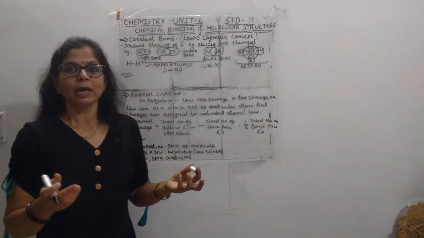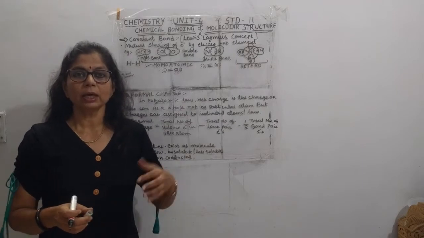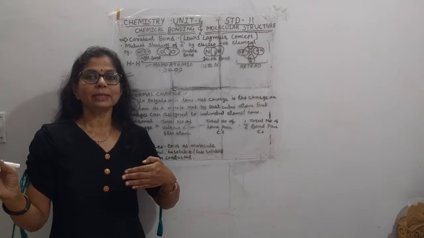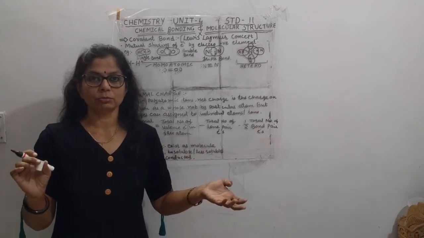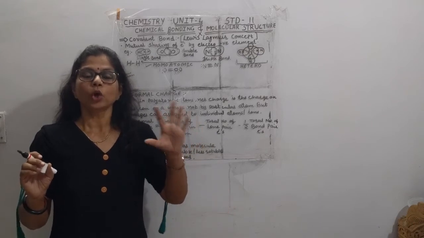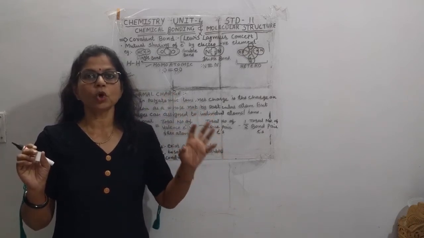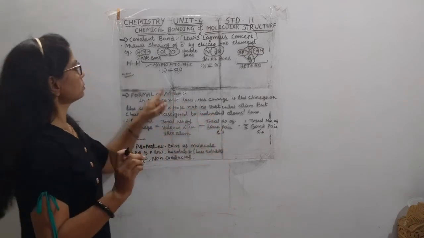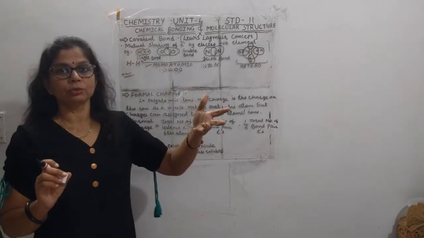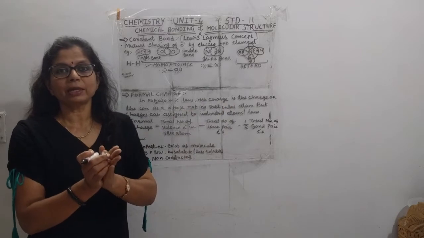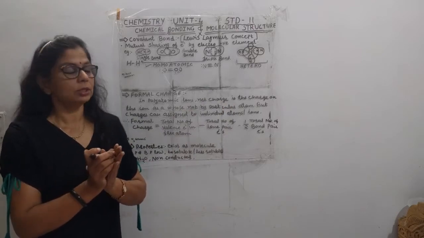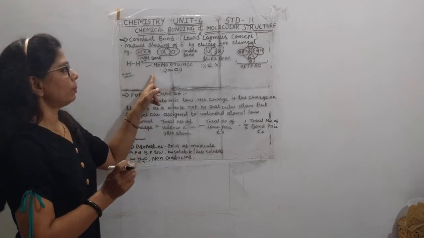Homo means same. As you have studied in chapter 1, that is homogeneous liquid and heterogeneous liquid, student, and you have studied in the previous class also. So homo, you have to just keep in your mind, student. Homo means same. So here this H2, O2, N2, Cl2, the same type of atoms are combined by sharing their electron. That's why it is known as homoatomic.